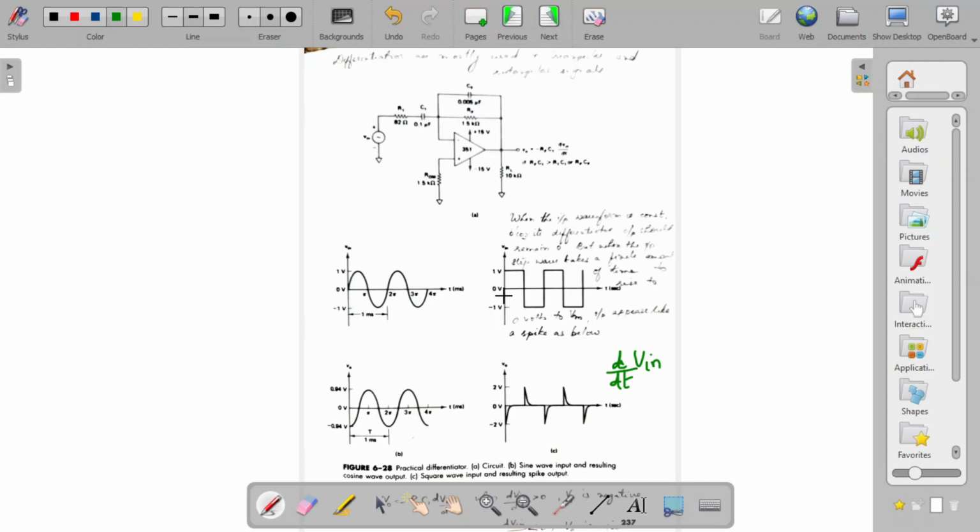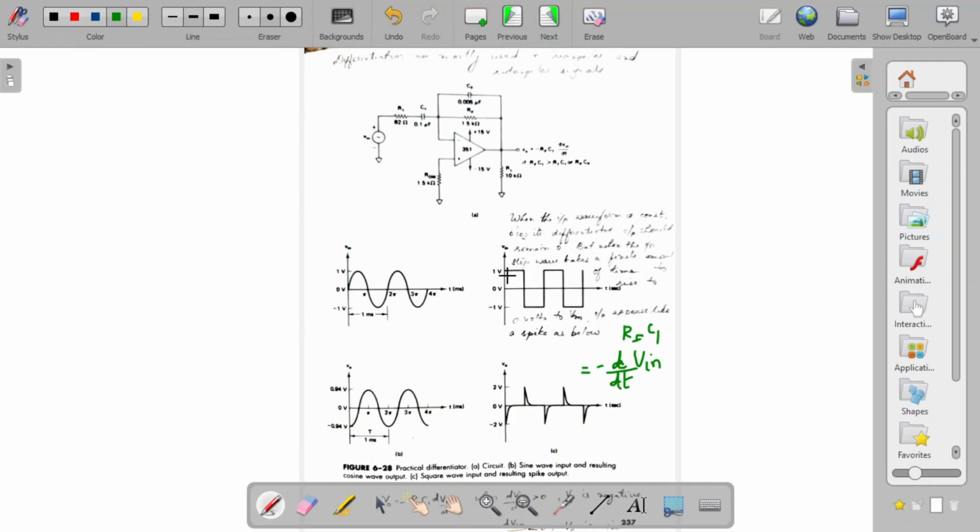So here the input voltage varies from 0 to 1. Since this variation is there, you will get an output at that time, and that output is actually the negative of that. And the other thing, suppose I keep this RF and C1 equal to 1 here. Then the output will not depend upon RF and C1. So the output is actually minus d by dt of Vin. Since this varies, you will get an output in the negative direction.